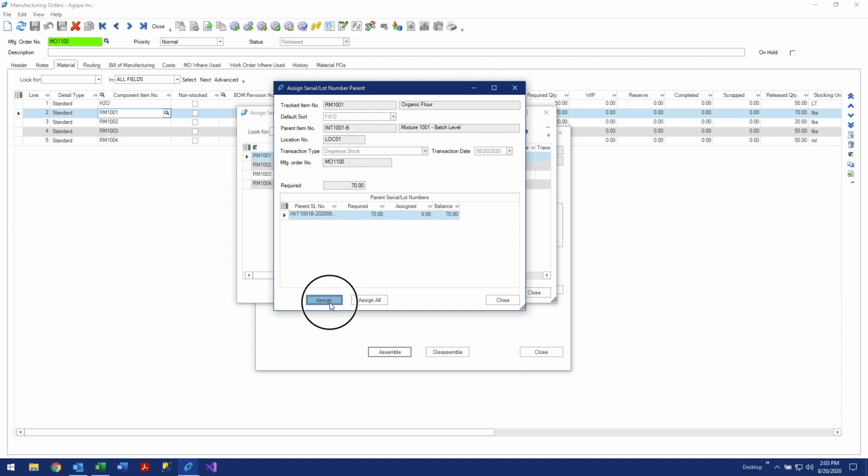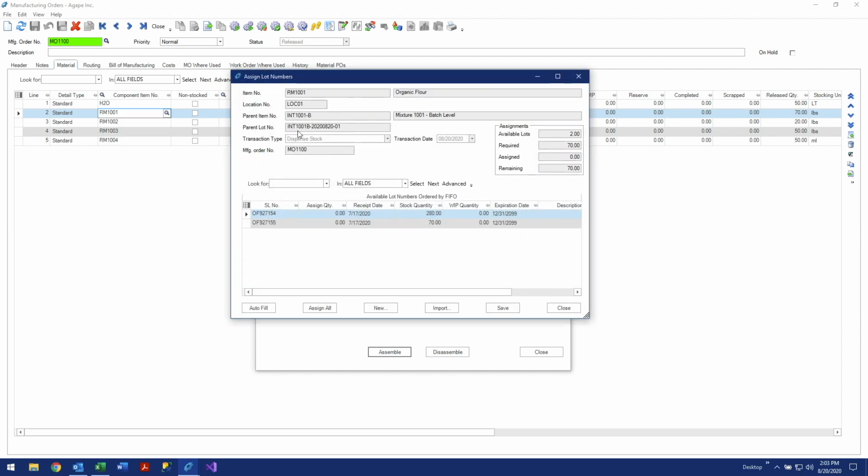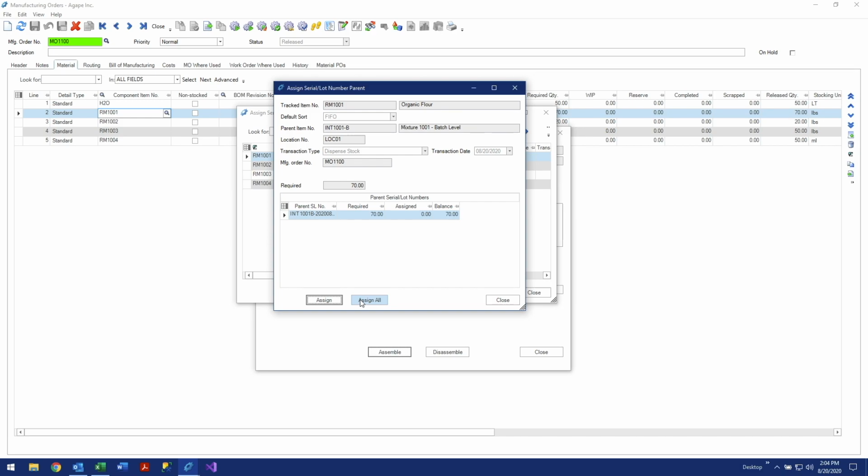If I hit assign here, what it'll do is pop up with an assign lot numbers window displaying all the lot numbers that are available for this item, organic flour, with quantities available for me to use. And in this case, I need to assign 70, whatever the unit of measure is, of this item. I can choose to assign it all from one lot or the other, or divide it up in any way that I want. But if I, instead of clicking the assign button, were to click on assign all,